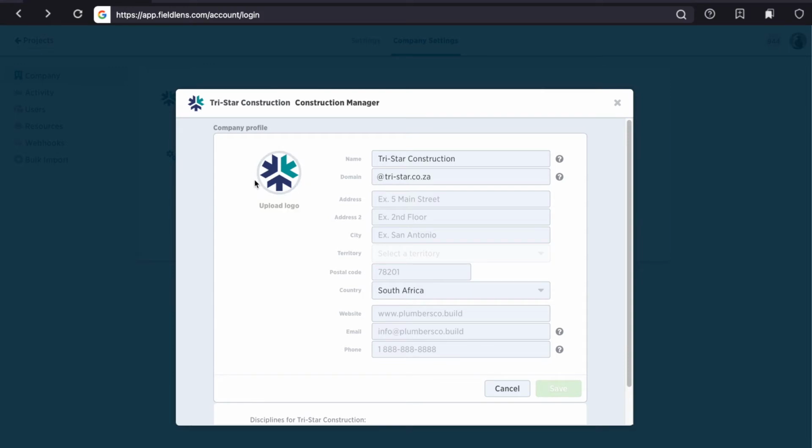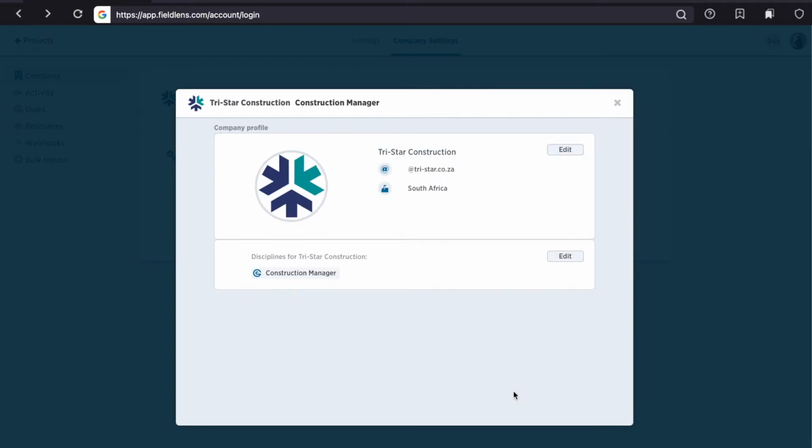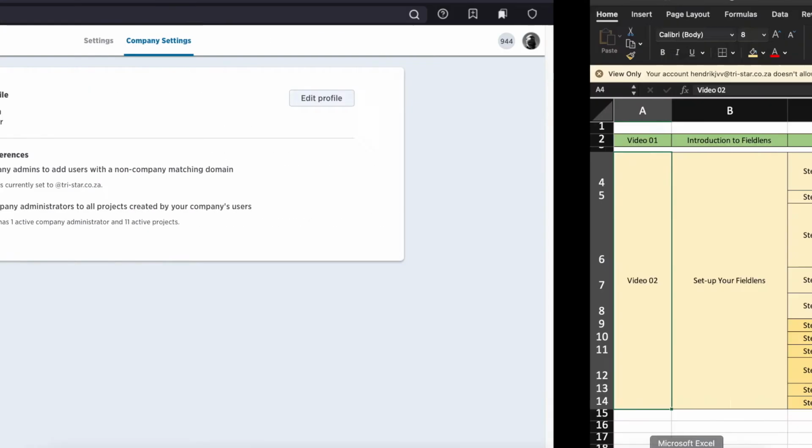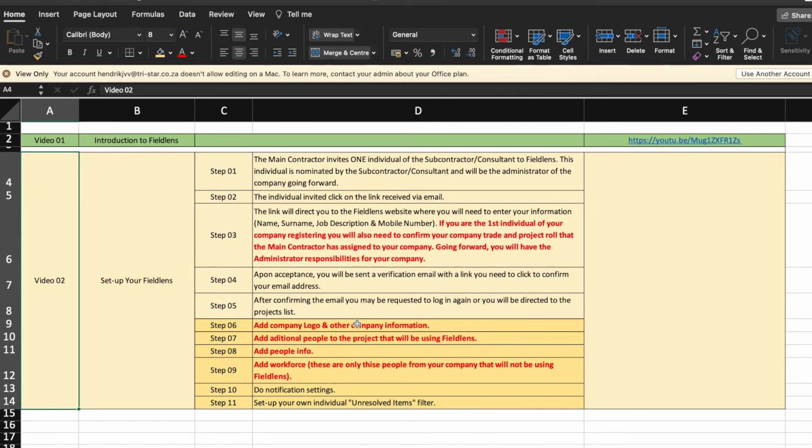So after the logo has been uploaded, you can then just save and then go back out. So I'm just going to not change anything, and I'm going to go back out. Let's check the next step. So we're done with number 6. So step 7 and 8